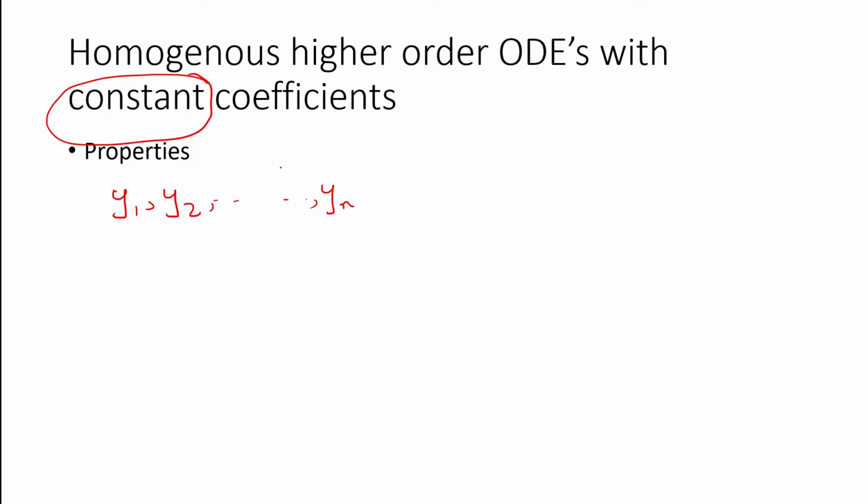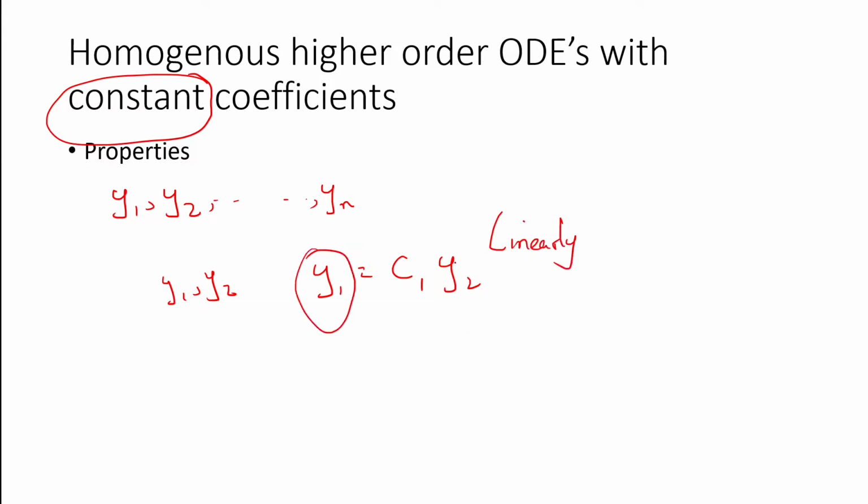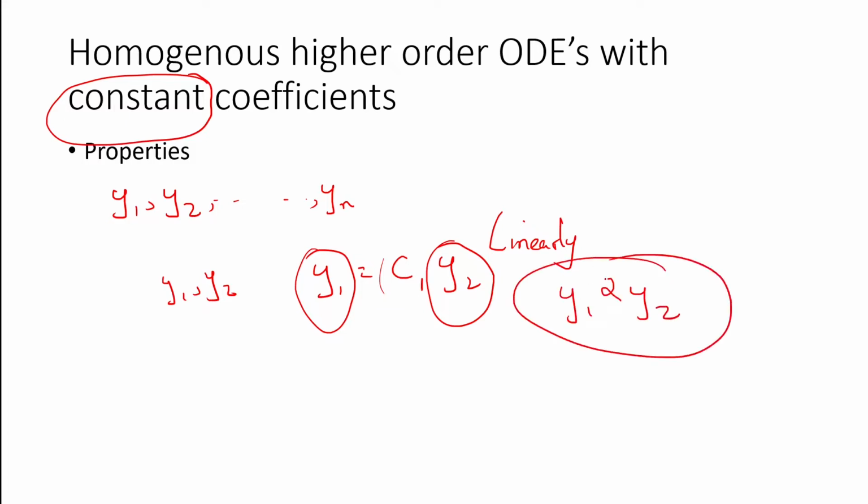So we have some n functions. We need to define what linear independence means. So linear independence basically means that, let's say instead of n functions we have two functions. Then if one function is not some constant times the other function; if it is some constant times the other function, then you call them linearly dependent. Linearly dependent means one function is dependent on the other function only by a constant. So linear means times a constant, or you can say proportional, that these two functions are proportional.